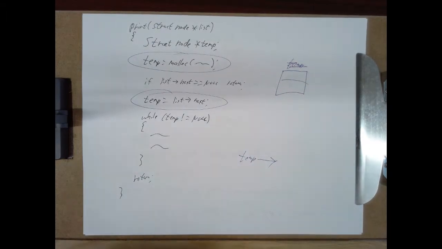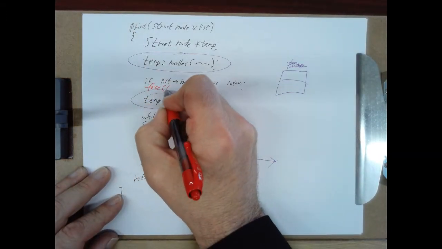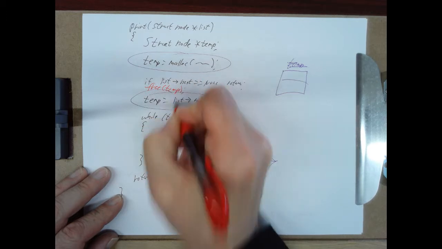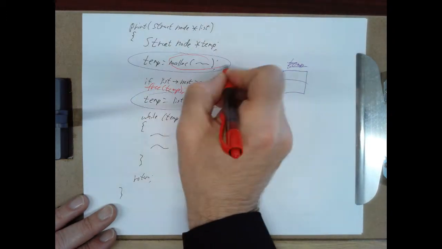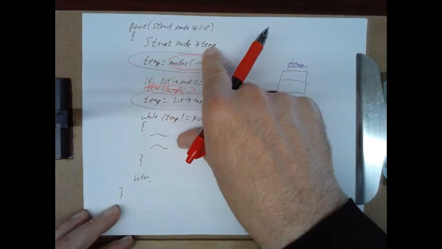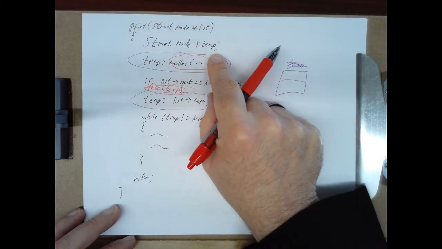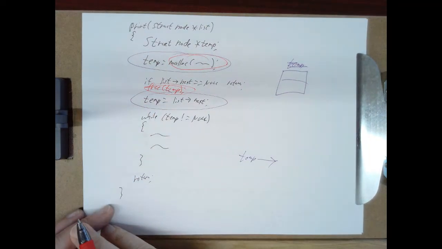Now I could have, before I did this down here, said free temp to get rid of it. But then the question is, why did I do a malloc if I'm going to turn right around and do a free, and I never use the thing that I malloced? And the answer is habit. Because if we don't malloc something here, a lot of times we get seg faults. If we try to use temp arrow data, we'll get a seg fault. So we get in this habit of using malloc to make sure temp points somewhere,